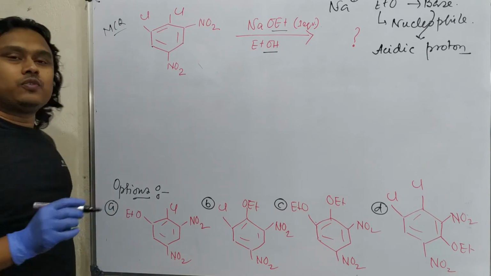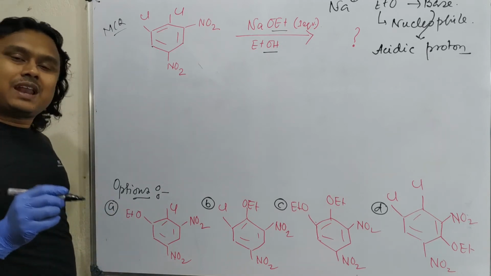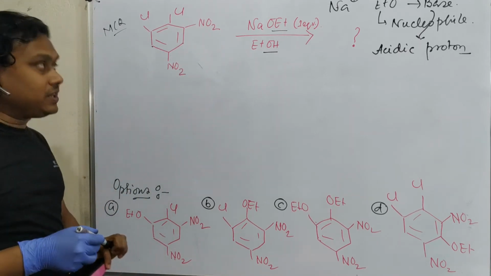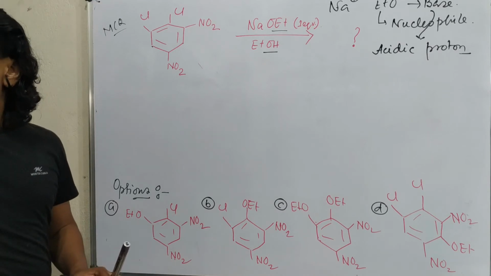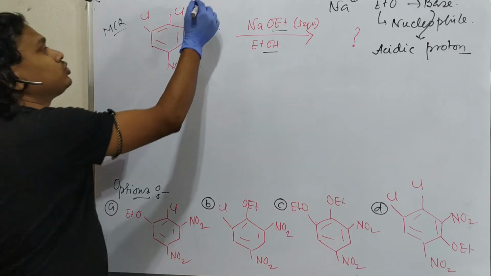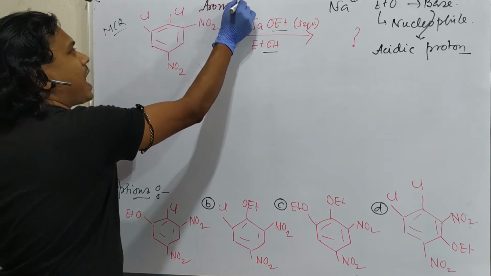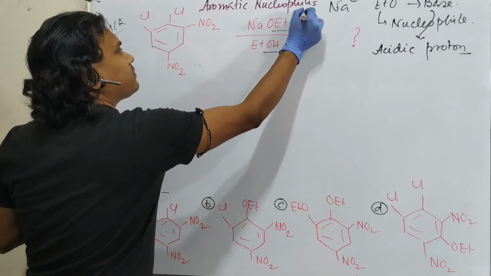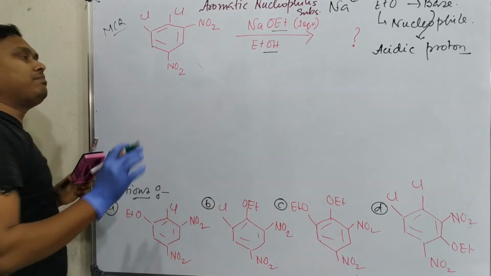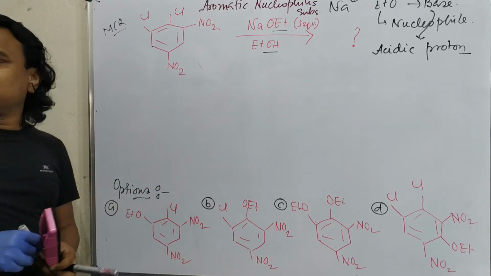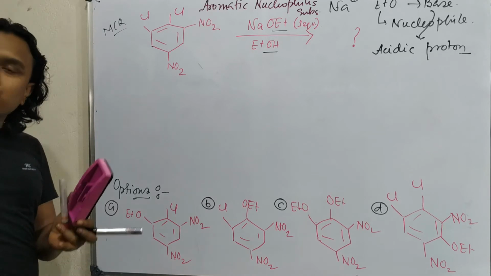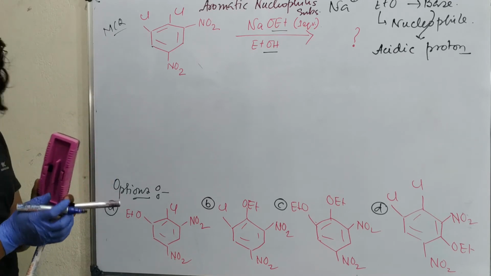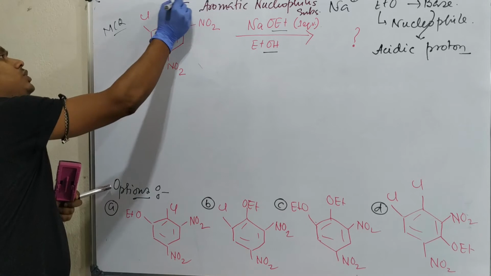So as a base, right now this is not a good choice, so it will act as a nucleophile. Now the question: where will the nucleophile attack? At the position which has the leaving group, but since it's an aromatic system, this is not simply a nucleophilic substitution reaction. Better to say this is aromatic nucleophilic substitution. By the way, I have already uploaded many lectures on this topic, so if you want to learn more, please visit those lectures. That's it, we understood aromatic nucleophilic substitution, but the problem is there are 2 here.